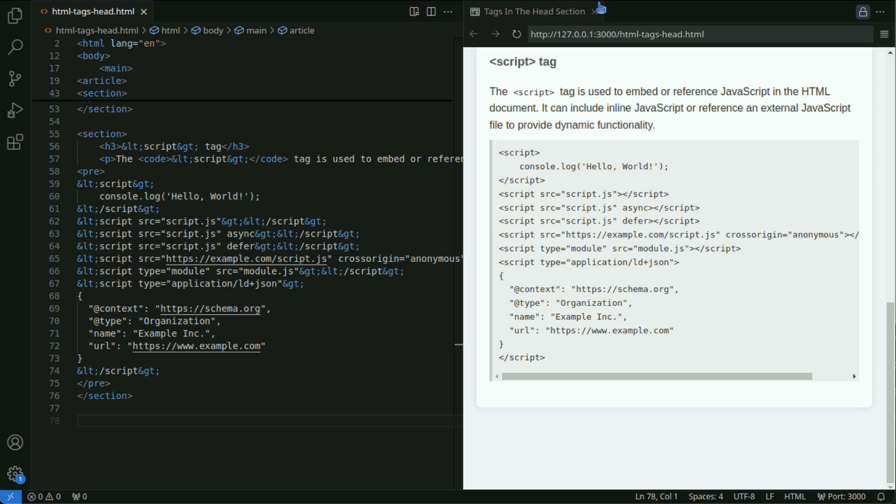The script tag requires attention to the following points. Order of scripts. Libraries that scripts depend on must be loaded before the dependent scripts. For example, scripts using jQuery must be loaded after jQuery itself.